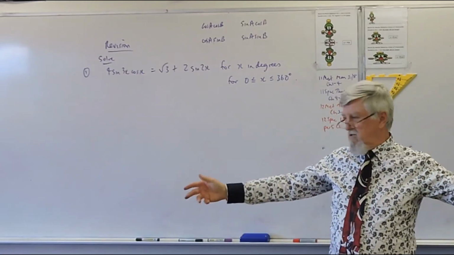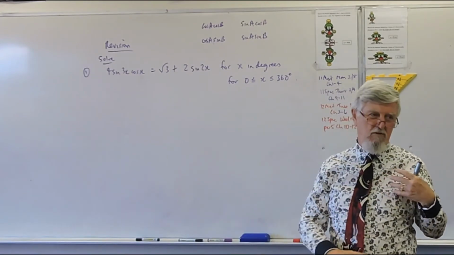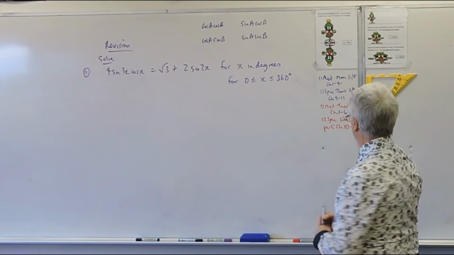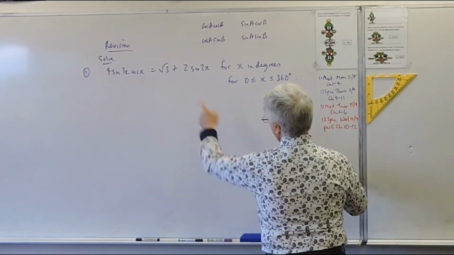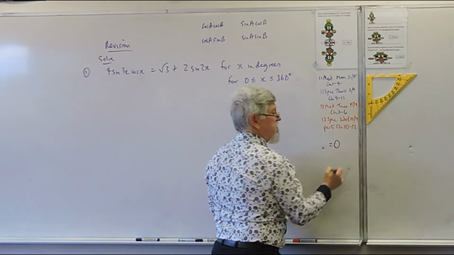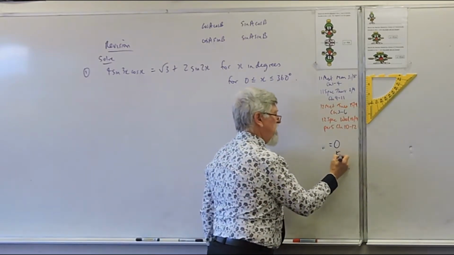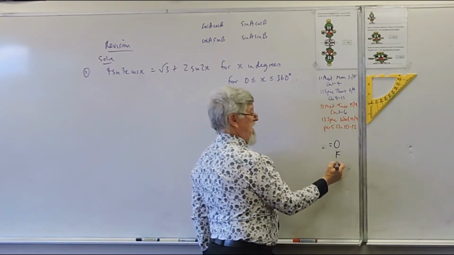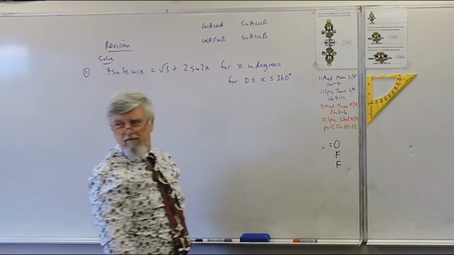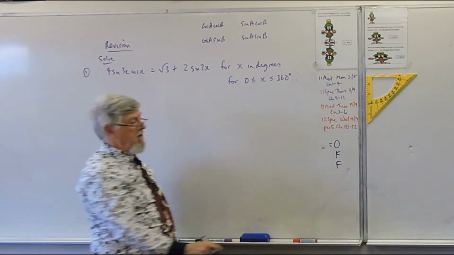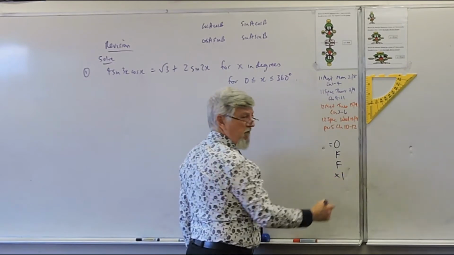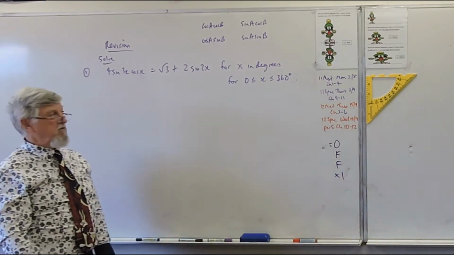So it says solve. It's not a proof. The same principles can be used in the proof. When it's solved, we're going to go to all the time. We're going to go, if it's more complicated, we're probably going to go equal 0 somewhere along the way. And we're probably going to maybe use fractions or get rid of fractions, and we're going to factorise somewhere. If it's in proofs, we can probably often use times by 1 somewhere, because we can use that to manipulate